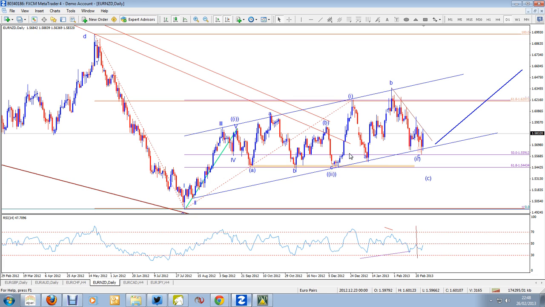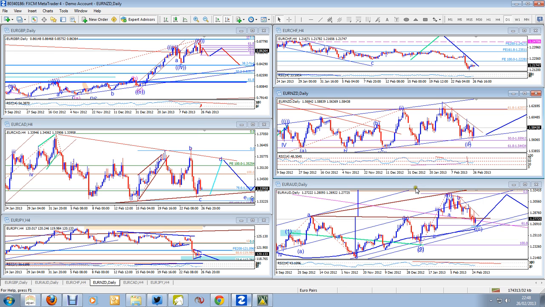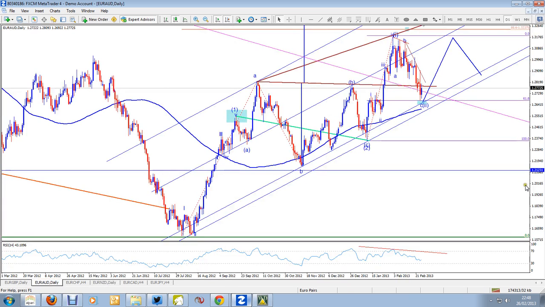So no specific trade setup on the euro New Zealand, but we should be able to find the euro New Zealand come toward the bottom end by the time our trade in euro Aussie, for example, or euro CAD turns up, sort of lines up. Euro Aussie is still the better currency pair